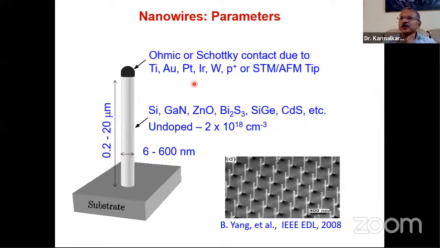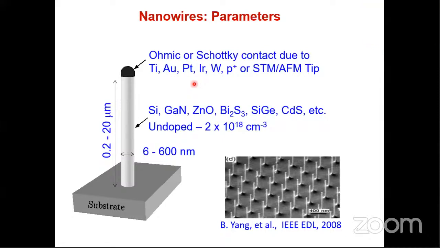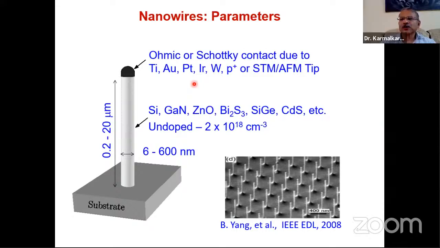And what is Ohm's law? At constant temperature, resistance is given by voltage by current. That is Ohm's law, right? So in other words, the contact behaves like a resistive contact. Okay. Now, what is a Schottky contact? Can you tell me what the word Schottky means? What does Schottky mean?